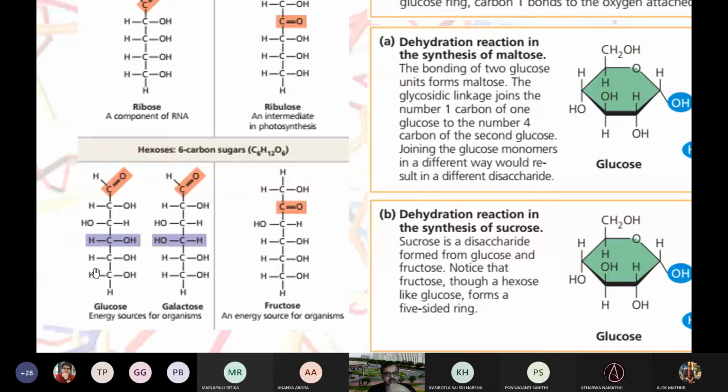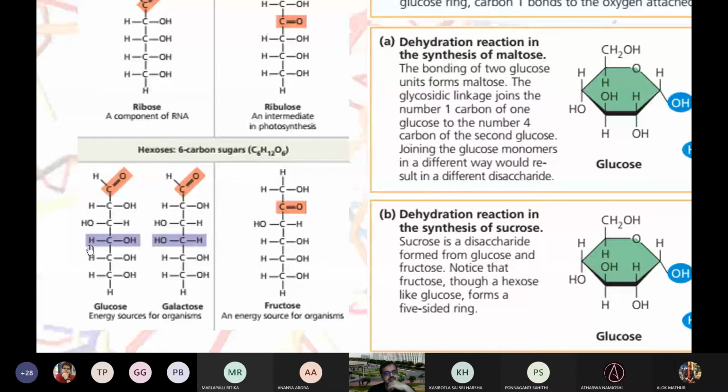Okay, we know isomers. These can be isomers, although they are different molecules. Now, if this OH and H shifting from this side to that side happens here or here, it can be called an enantiomer. Enantiomers are optically active